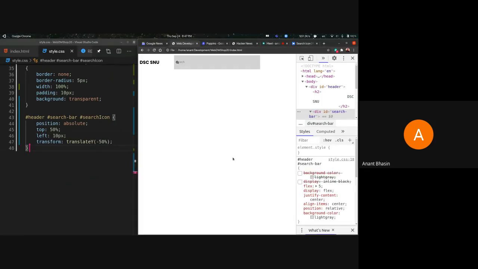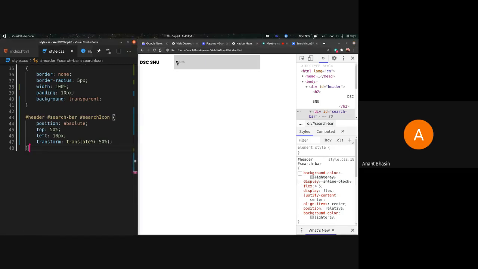Now, what happened over here? A question: is it possible to just include the icon in the placeholder text? No, it is not, unfortunately, because you can't give a class to a placeholder. You're going to have to manually write some code to try to style the placeholder instead. I'm not even sure if that's possible, but that's not the best way to go about it even.